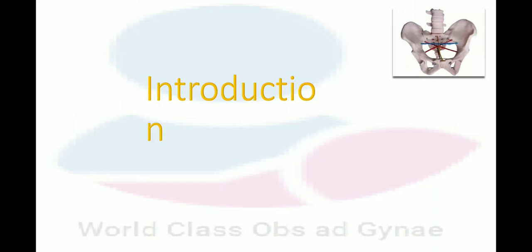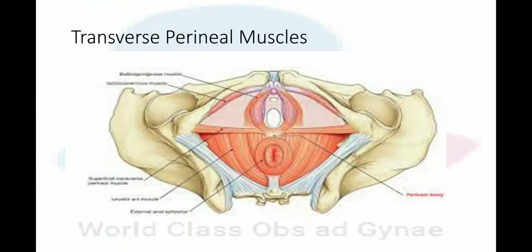Now comes the examination of the transverse perineal muscle. I will say that after taking all the aseptic precautions, I will introduce my two fingers in the vagina with the palm of the hand facing downward and will palpate the transverse perineal muscles with the fingers inside the vagina and thumb outside the perineum. In this way, the transverse perineal muscles are assessed for density and elasticity.